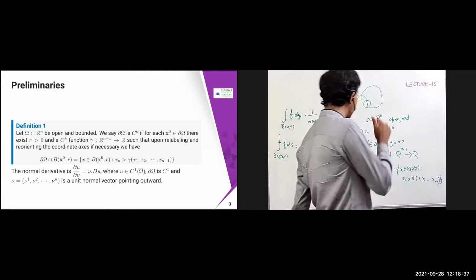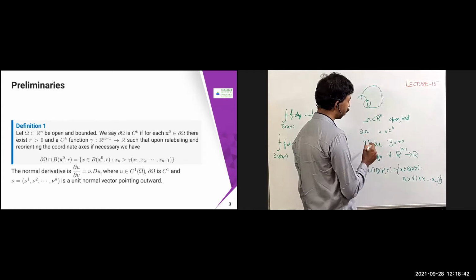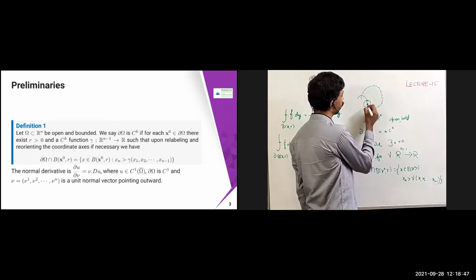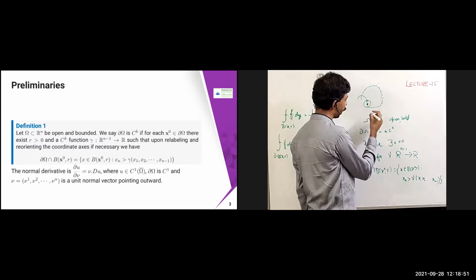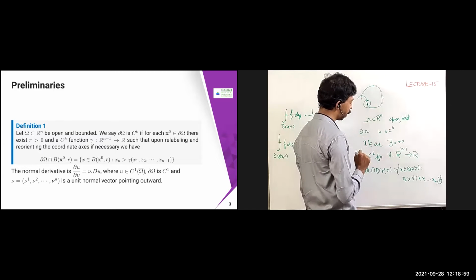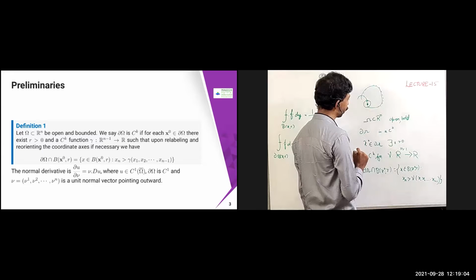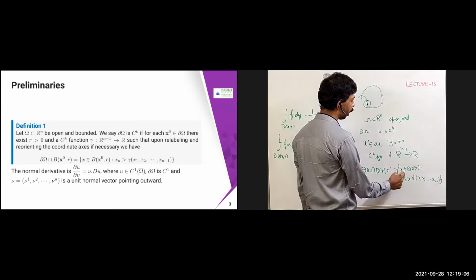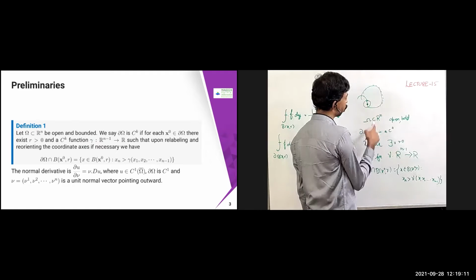So what we have is that Ω ⊂ ℝⁿ is open and bounded, and ∂Ω is a C^k function. When do I say a C^k function? For any x₀ in ∂Ω, if I take any x₀ in ∂Ω, then I can find a radius r, a ball B(x₀, r), and a C^k function γ: ℝⁿ⁻¹ → ℝ, which should satisfy this: if I take ∂Ω ∩ B(x₀, r), this should hold for all x belonging to B(x₀, r), because this x₀ is not only part of this one, it is part of Ω also.